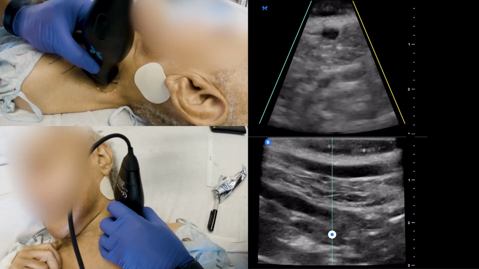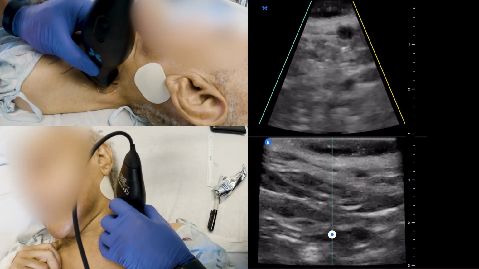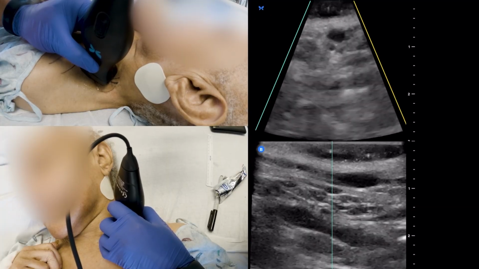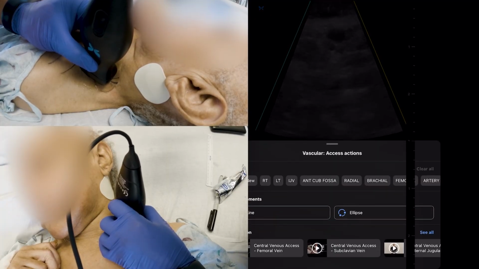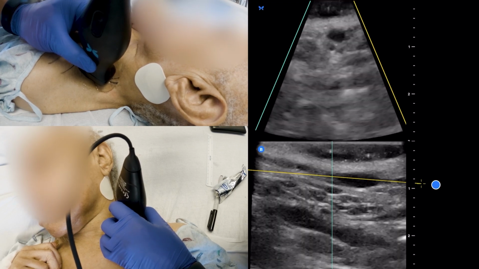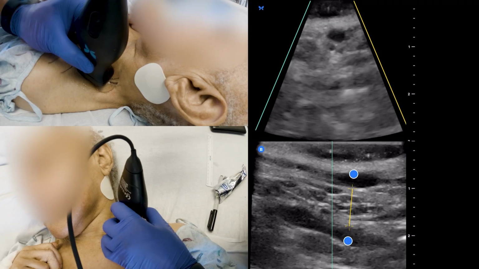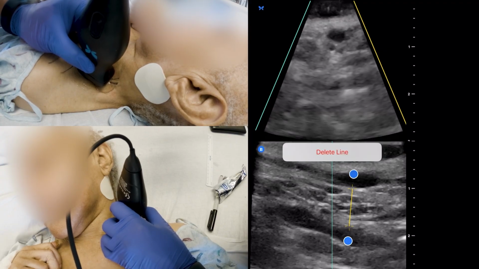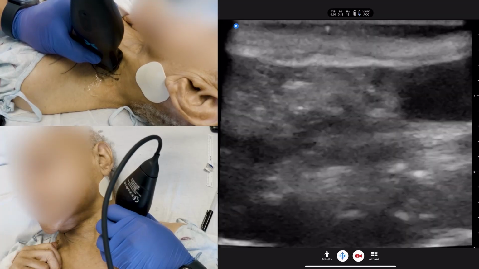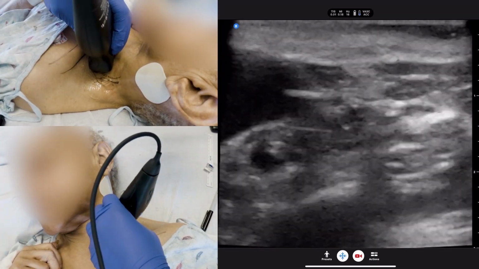So let's see, worst case scenario at this junction. We have about a 0.8, about a 1 centimeter distance. We don't need to go too deep, thank goodness. So once I tap the IJ here,